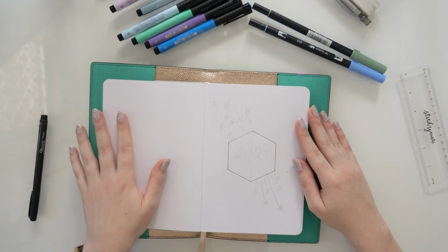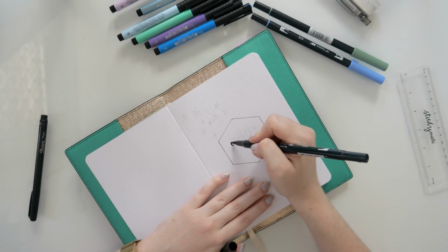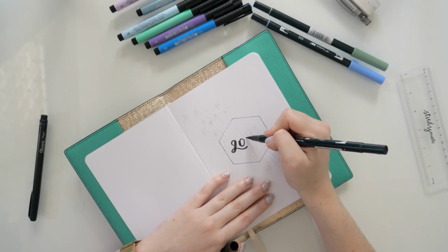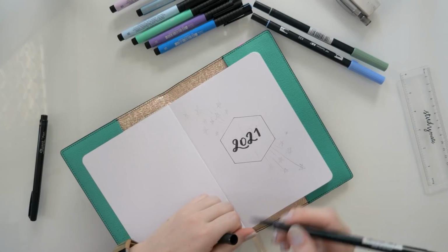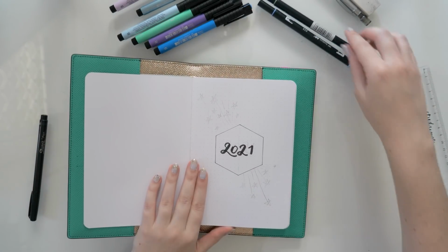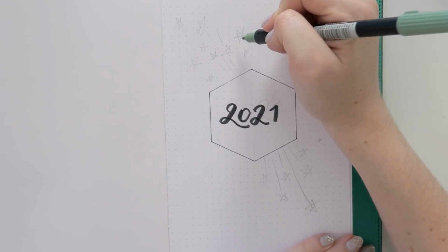So I went in with a ruler to outline this hexagon shape. And now I'm using a Tombow dual tip brush pen in black just to add on my 2021 in the middle of my hexagon here. Now, from here, we're going to get colorful. I'm just going to grab the first of my colors. This is a Tombow dual tip brush pen, and using the knot brush end,